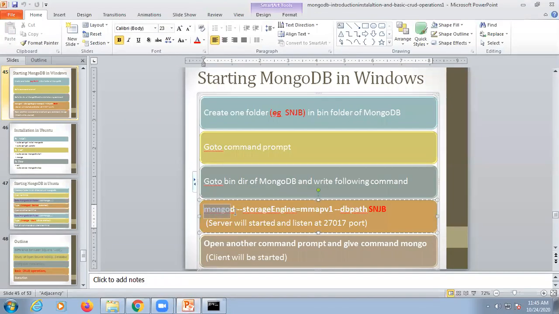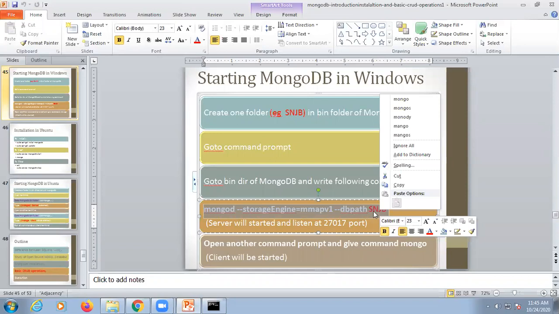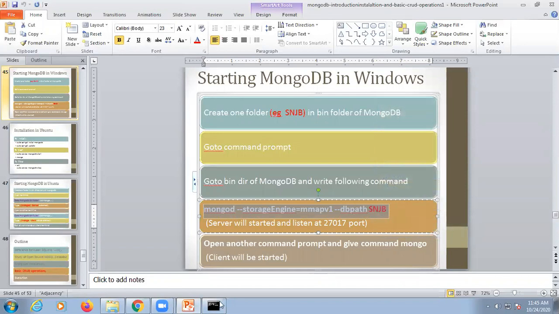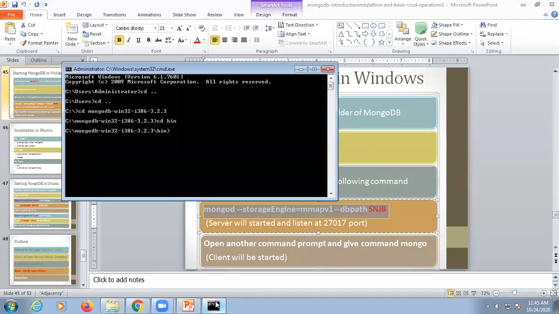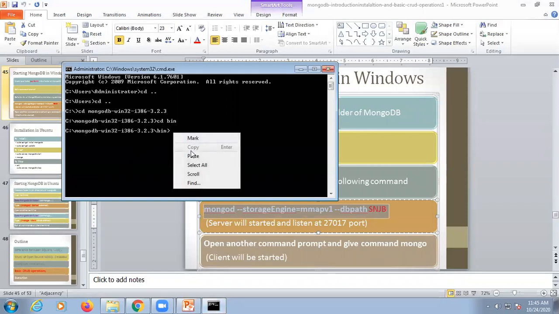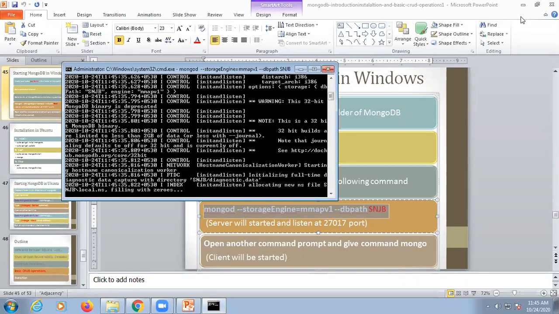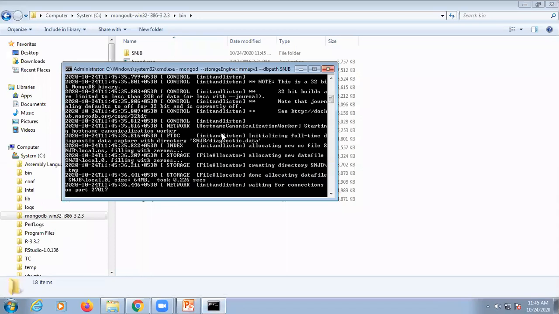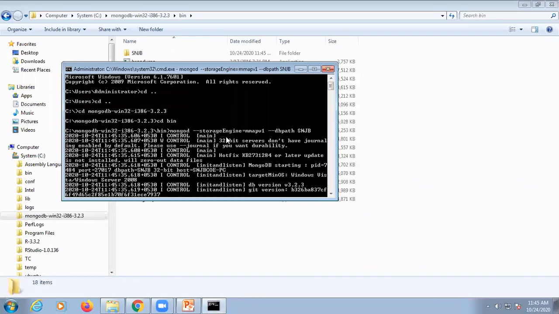MongoDB works in a client server architecture. So I'm just copying that command. This command you will get in my description box also. So what exactly is that command?